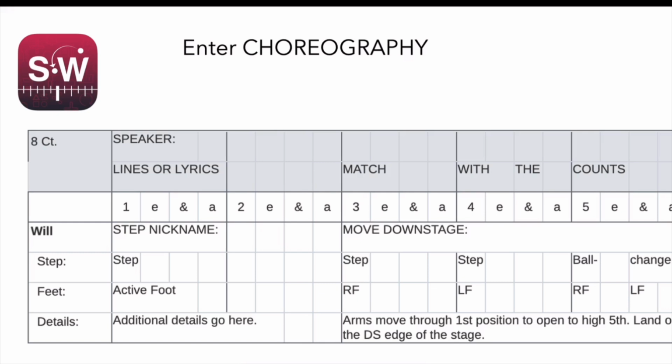So for example, in this example, count 3, while they're singing the word match, Will's going to move downstage, and on count 3, he steps with his right foot forward. On count 4, steps with his left foot forward, and then 5, and he'll do ball change, right, and then left. During that, his arms move through first position to open high fifth to land on the downstage edge of the stage. So in this manner, you can really detail as much as you want to really document your